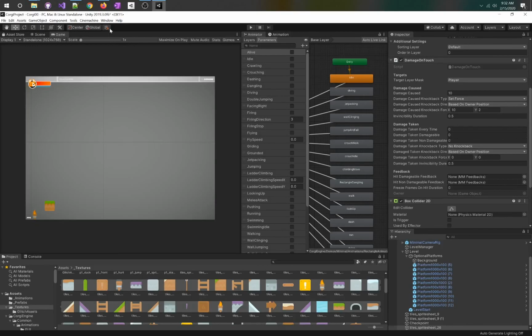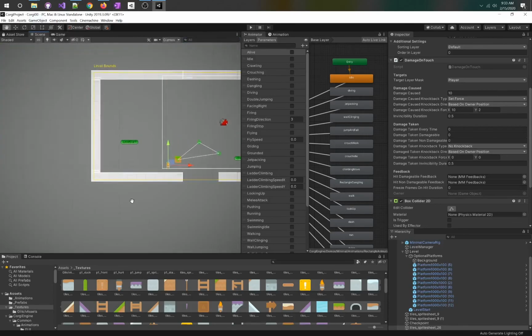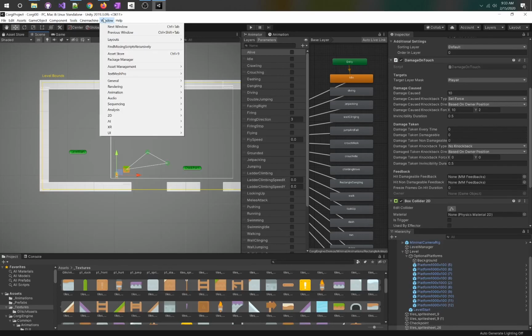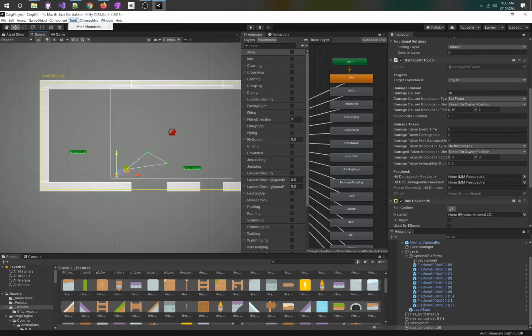Now, how do we make some nice artwork? How do we do something that would make it interesting to move around the world? And how do we do it quickly without just dragging everything one by one? So the way we do that in Unity, I'm going to hit save. In Unity, we have a tool. So we have a new tool. And we're going to go to